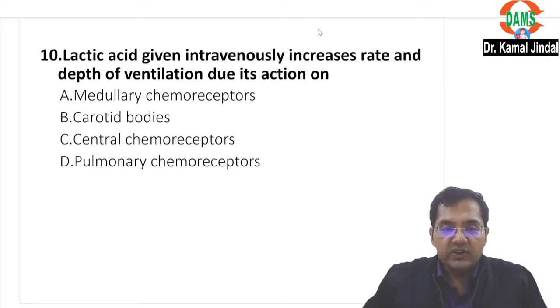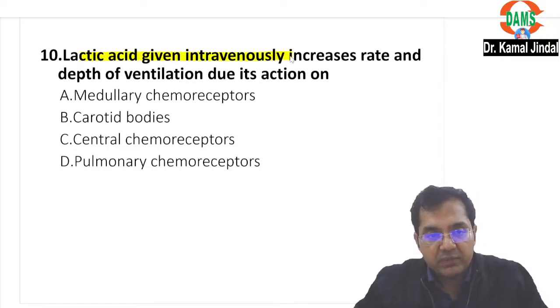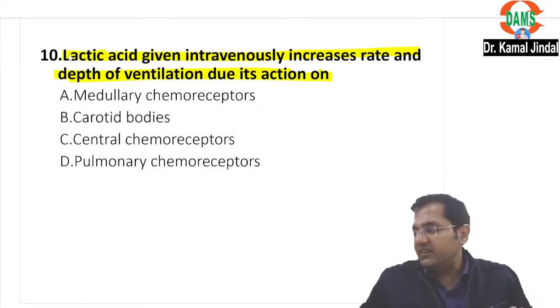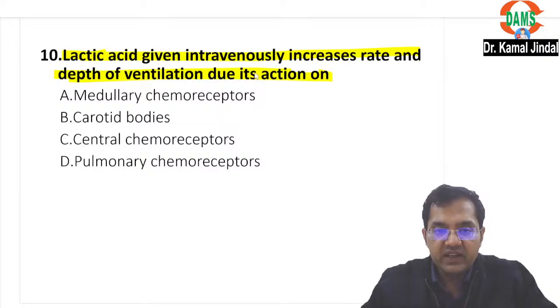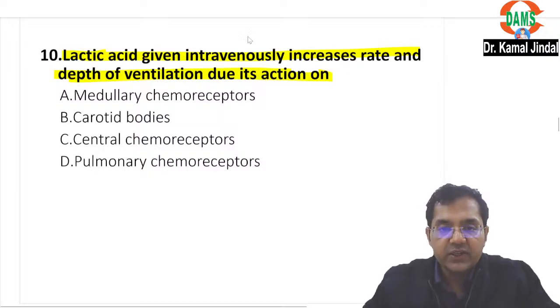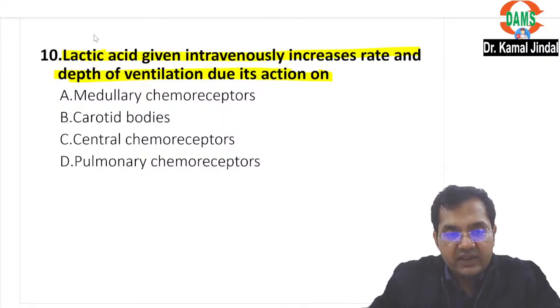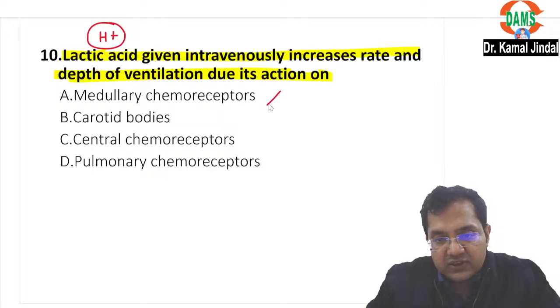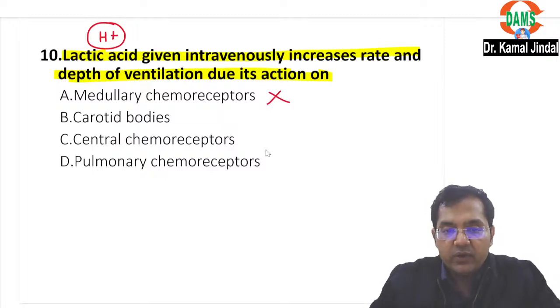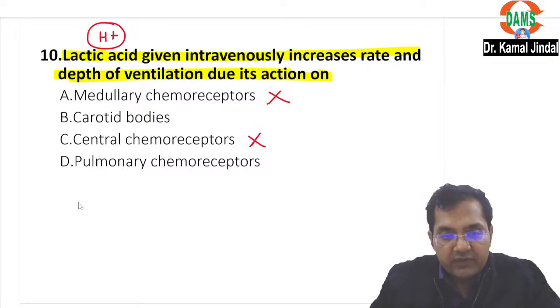Now these 2 or 3 questions I have given you purposefully, from chemical control of respiration, as it is asked very commonly in the exam. So lactic acid given intravenously increases the rate and depth of ventilation due to its action on. Remember, lactic acid is an acid. Acid means H+, right? So please understand, H+ will not do anything to medullary chemoreceptors or central, which is the same. Why? Because hydrogen ion cannot